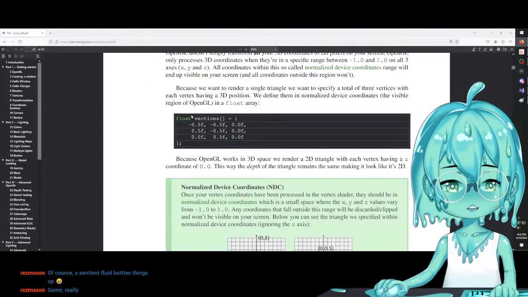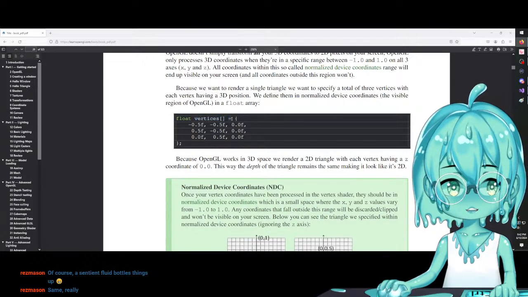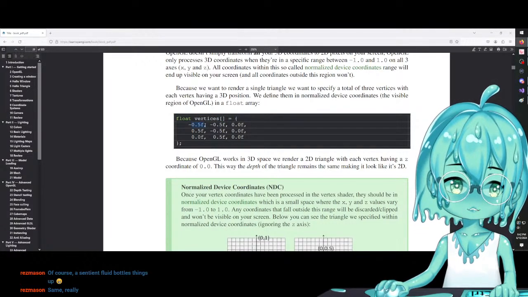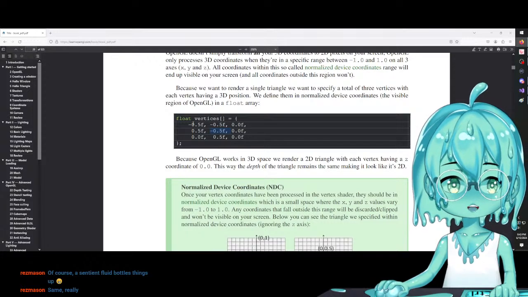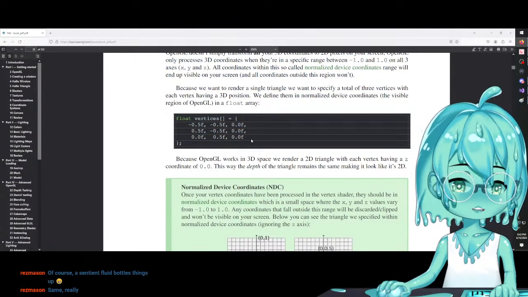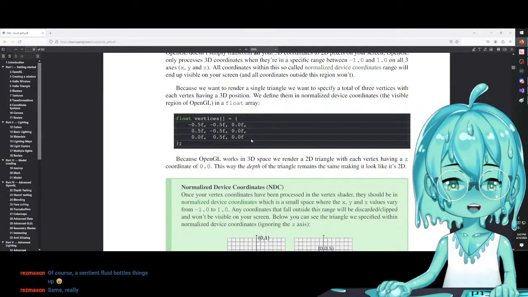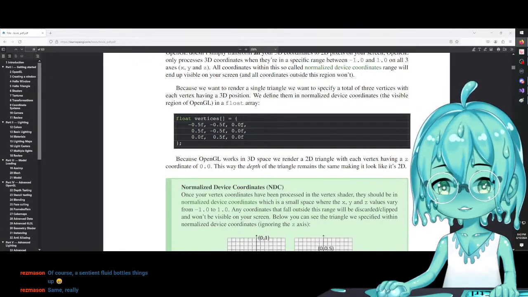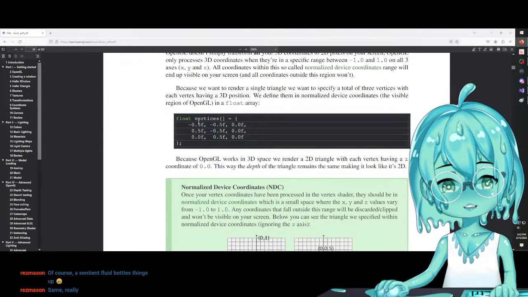What is this array doing? So we have a float array containing vertices: -0.5, -0.5, 0, 0.5, -0.5, 0. Oh, XYZ, XYZ, XYZ. I understand that. Wouldn't it be better? I feel like if I made this tutorial, I would just make everyone give a struct, vertex, and then just have